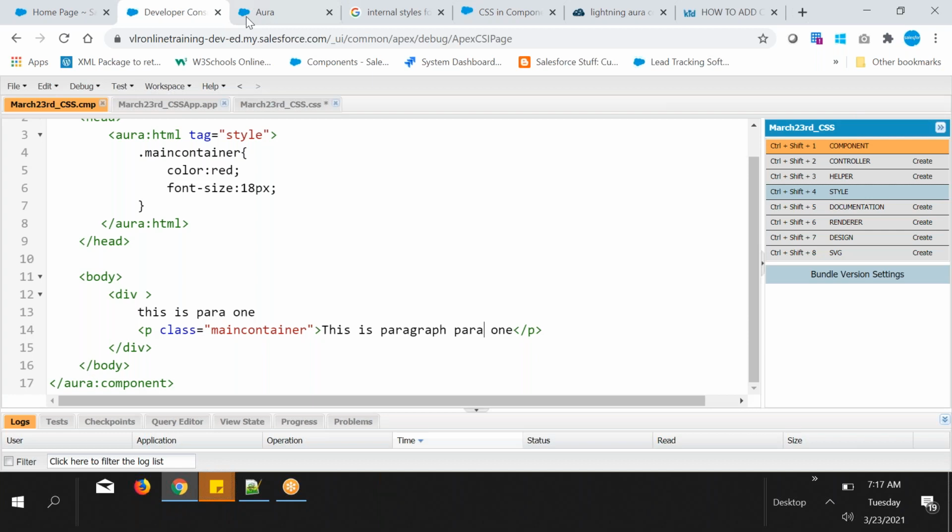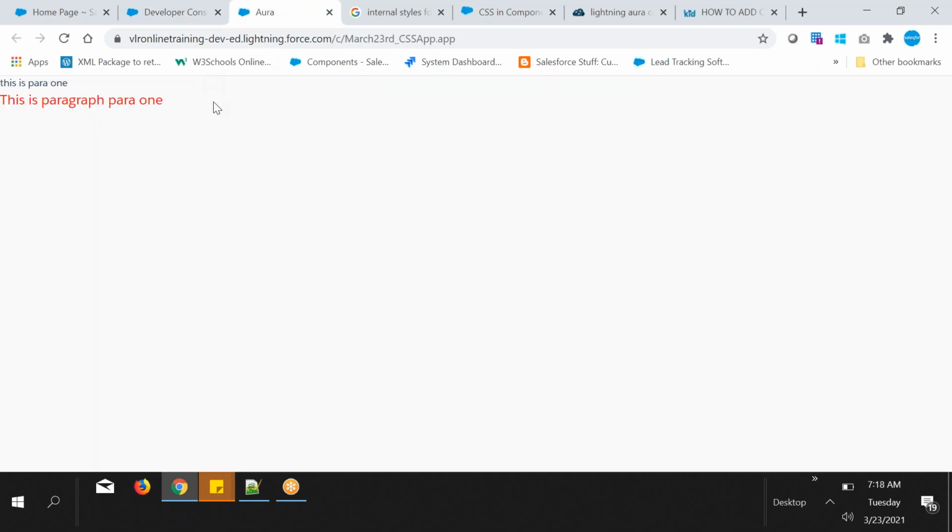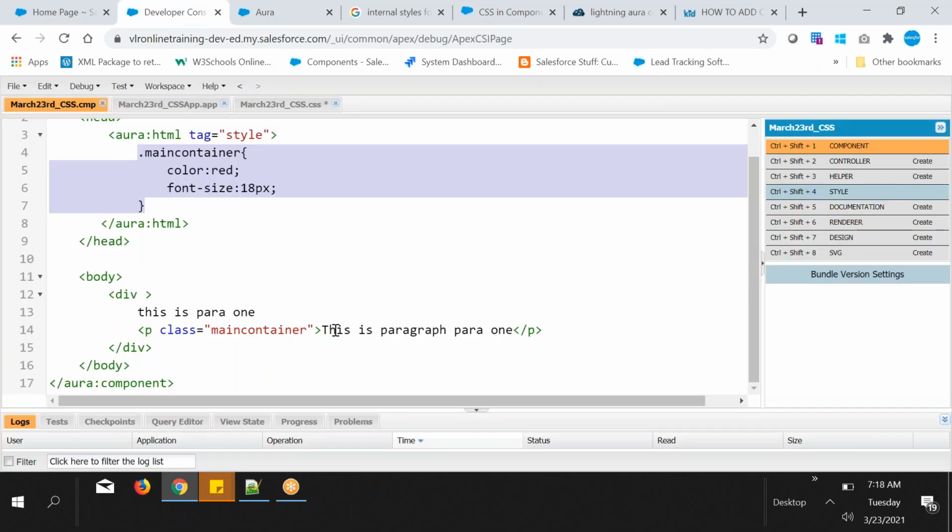Okay, this is paragraph para one. Next, good. Now the style is applied only for this paragraph, not for others. So the style is applied only for the paragraph. We can see here this paragraph is a paragraph. Next, I want to apply a separate style for this paragraph. So what I can do is put this one in a span,